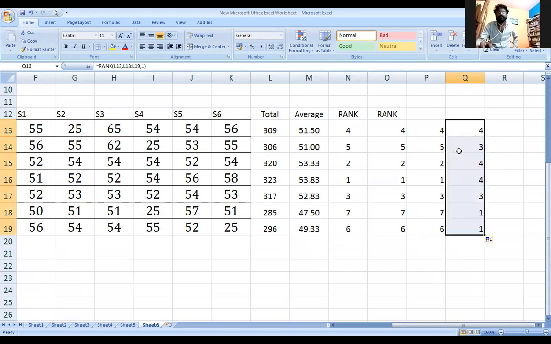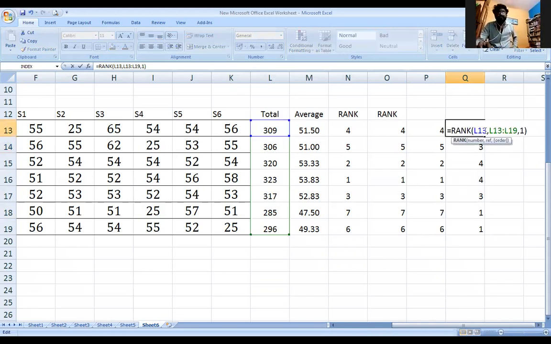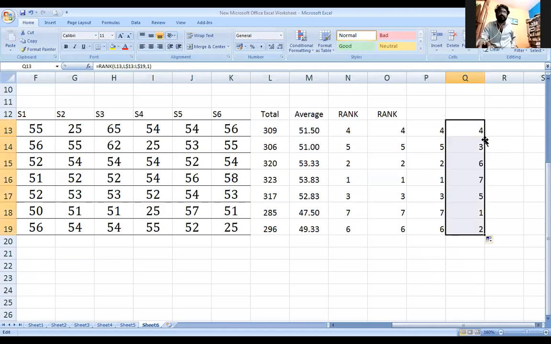see this. You can also compare now. I got the 5th rank and I got the 3rd rank. See this, I got the rank here. See again, I got some mistake over here. I hope I didn't give the dollar symbol. The dollar is being given and click on enter. Then you'll get the ranks differently.